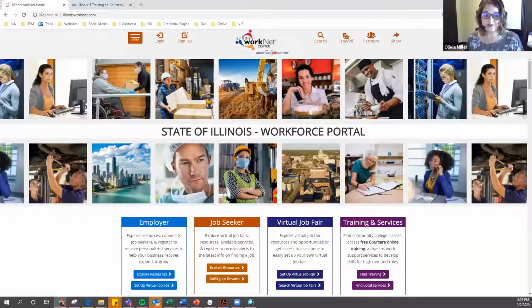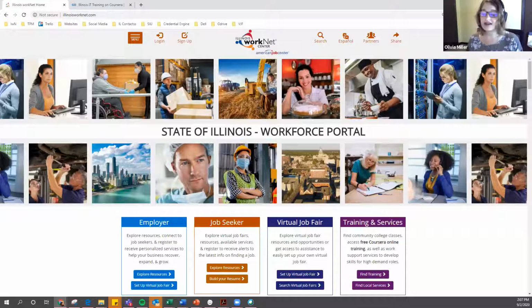So for a limited time, Illinois citizens have access to online information technology and job readiness courses from top institutions for free by using Coursera. Free Coursera online courses allow you the opportunities to be able to build your skills and earn certificates and degrees. You can register for these courses through September, and they must be completed by December 31st, 2020. And we also like to make sure everybody is aware that unemployment insurance will not be affected by taking and completing the courses through Coursera.